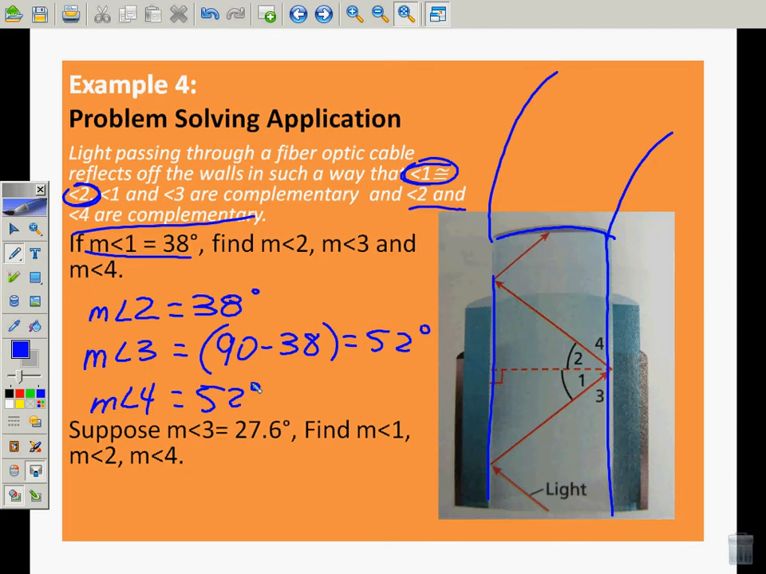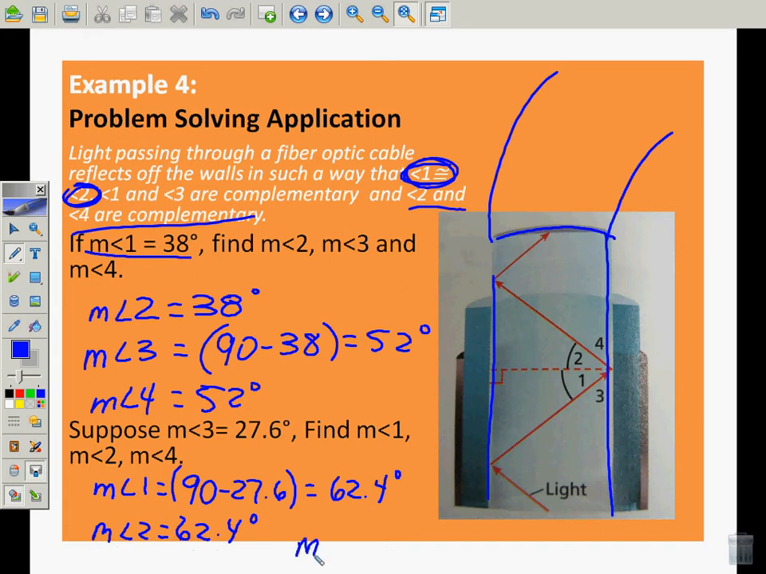And if 1 and 3 are complementary, the measure of angle 1 is 90 minus 27.6. And that's going to give us 62.4 degrees for angle 1 because they're complementary. The measure of angle 2, remember, 1 and 2 are still, sorry, still congruent. So the measure of angle 2 is 62.4 degrees still. And the measure of angle 4